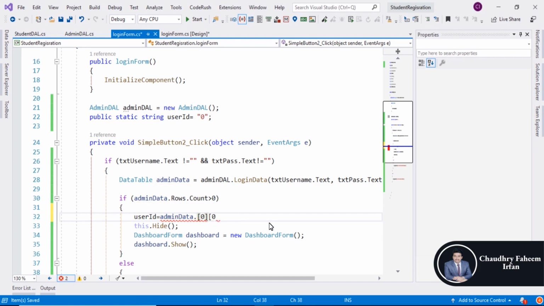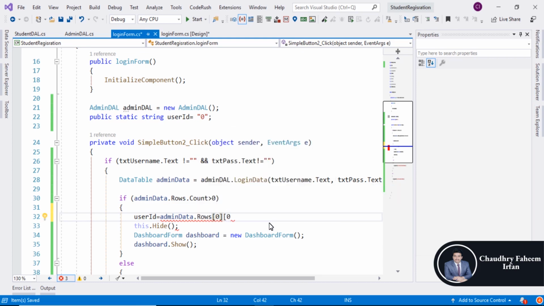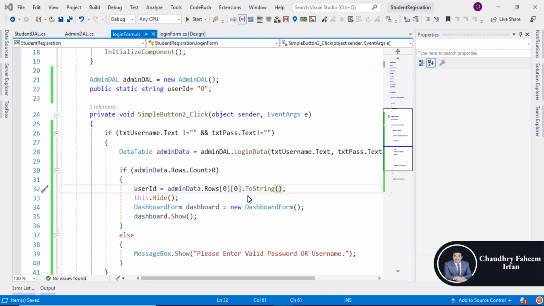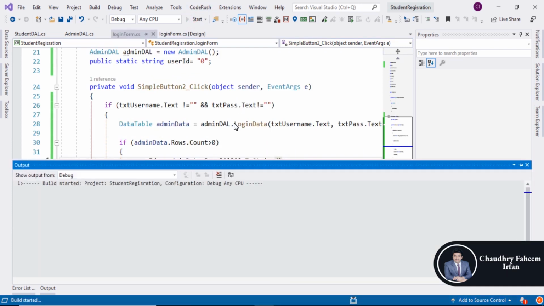So first dot Rows, ToString. Save the login form, and now